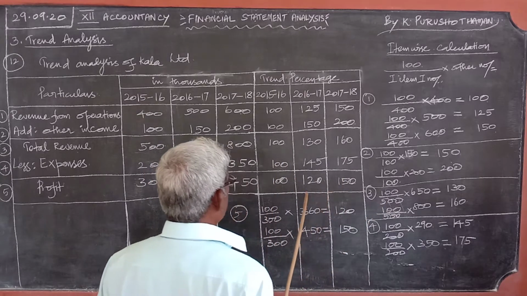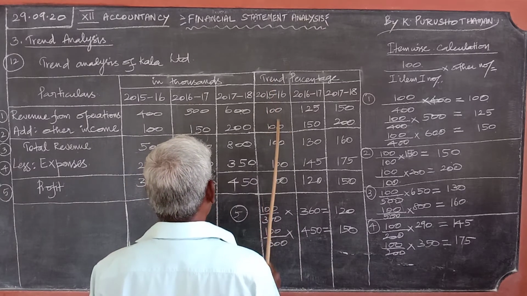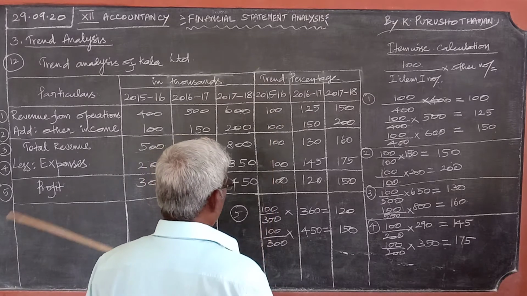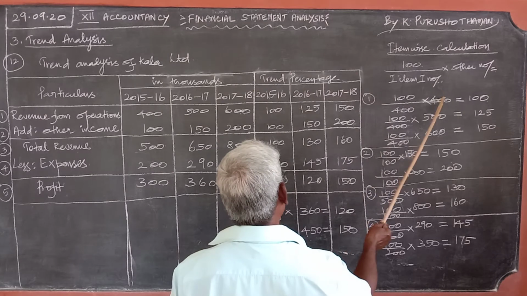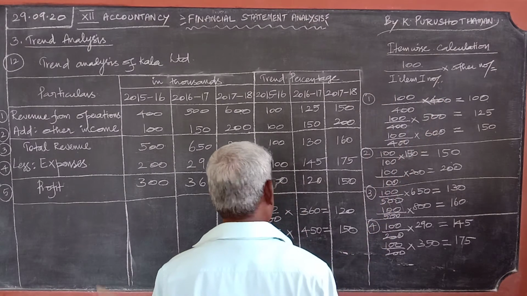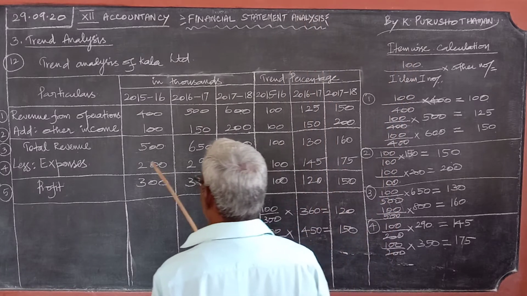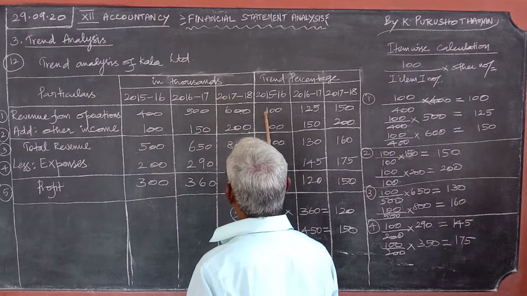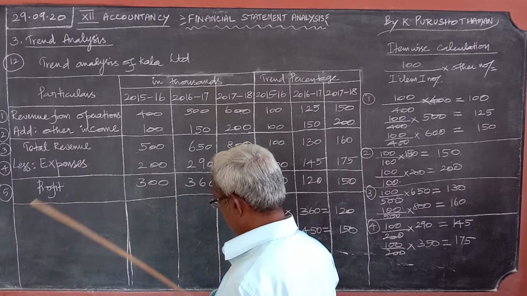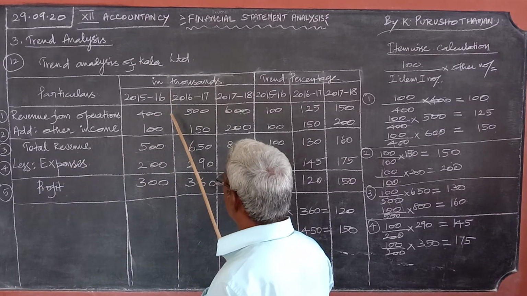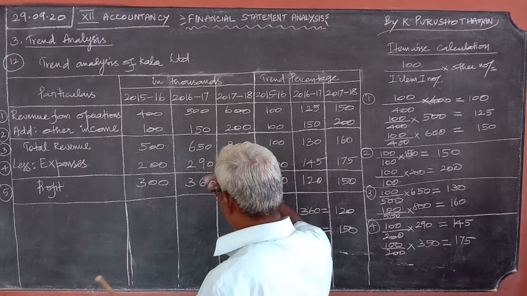To find this trend percentage, for the first year you automatically write 100 for whatever the problem is, because you are dividing that number by the same number, so you get 100. What does this formula mean? Here we are comparing each and every item. Not this item with that item. No comparison like that. Only the particular item is compared with that of the other years.